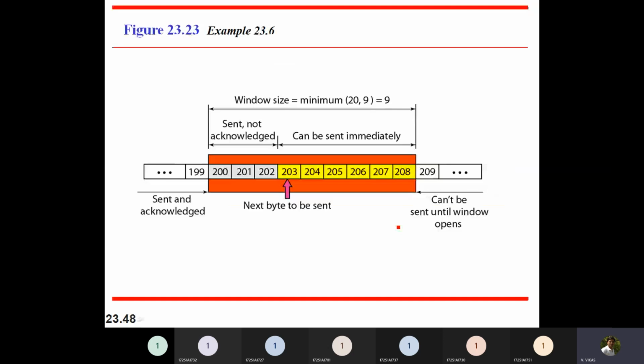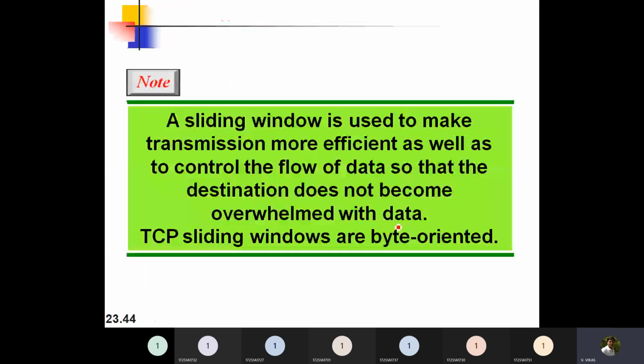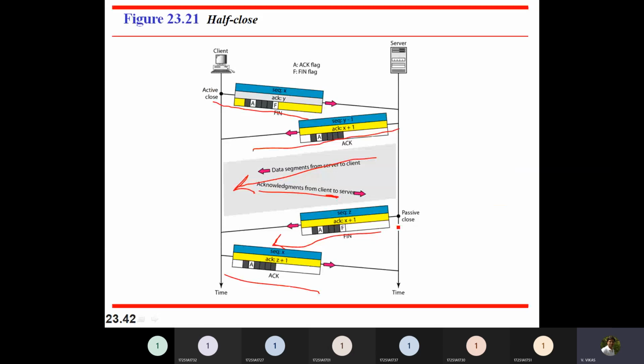About sliding window, all these things we will see in the next class. We will stop here. So remember whatever we discussed, the important things are UDP segment and UDP pseudo header and how checksum is calculated, TCP segment, what are the fields we have in that, and how three-way handshake is used in establishing the connection, closing the connection, and how you are handling data transfer. These are the things we have seen. So we'll stop here. If you have any doubts, you can